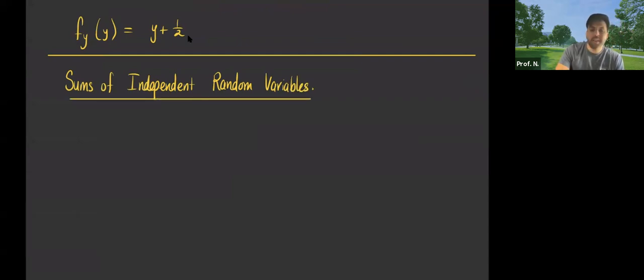Now that we know what independent random variables are, we want to know more about the sums of independent random variables. So for example, let X and Y